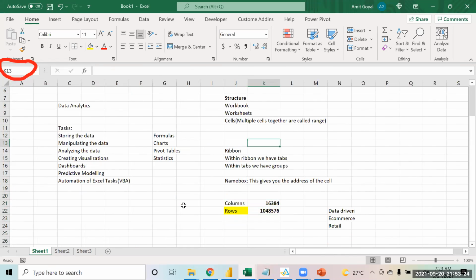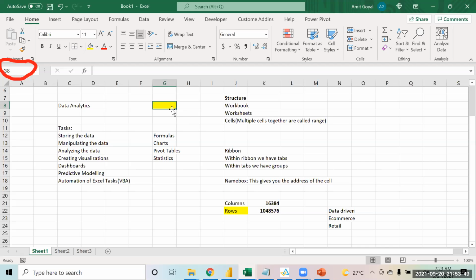This is the limit. Now, any cell that you're going to select over here, if you select this cell, this particular cell has an address, right? The address is given by first the column name, then the row number. This is the cell number G8.